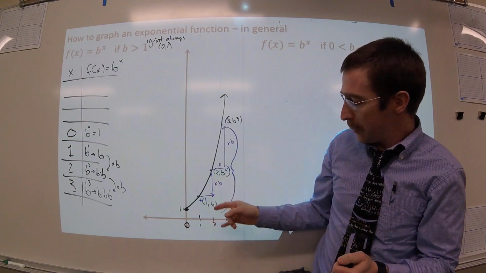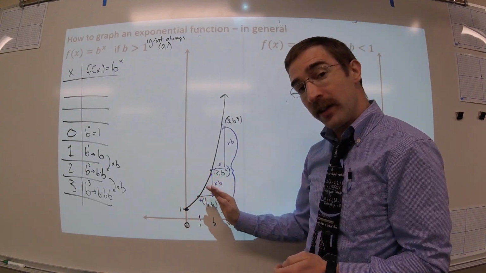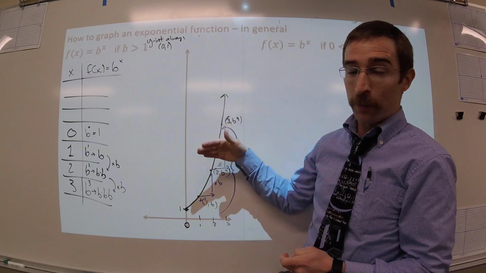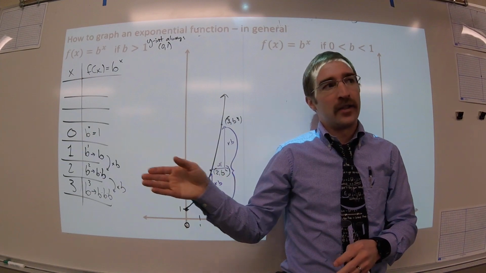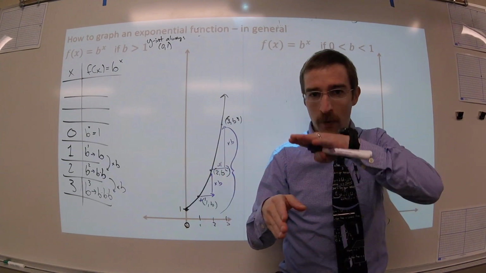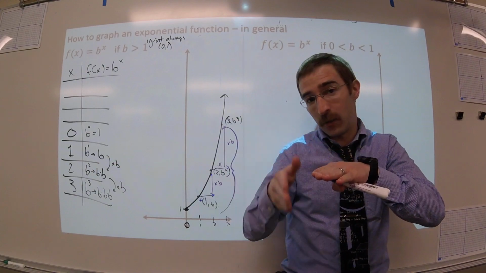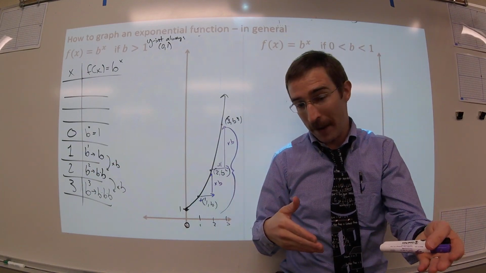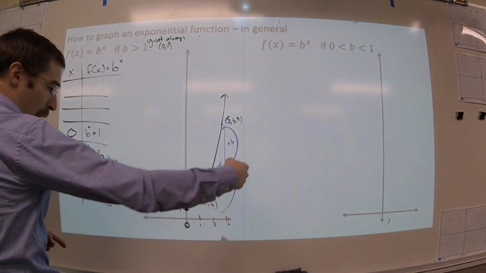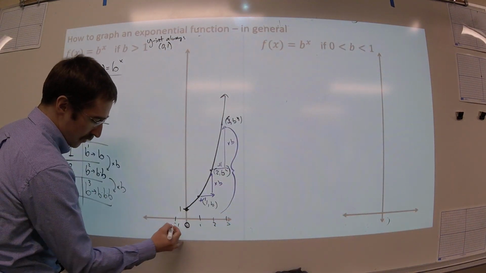Right now, it's just as you add one to the x, your y value gets multiplied by your base again. So instead of having a slope, a change in y over change in x where it's constant, we have a change in x of 1, and our change in y is now a multiply, not a plus, but a multiply by b. And then as I go this way with my negatives,